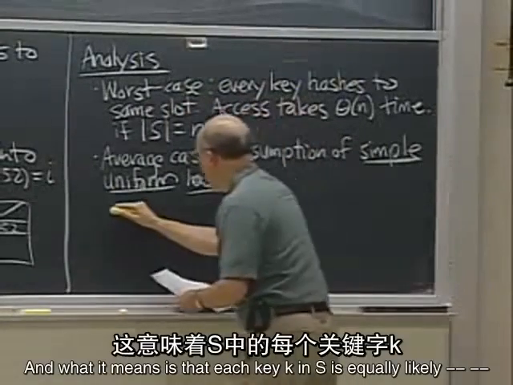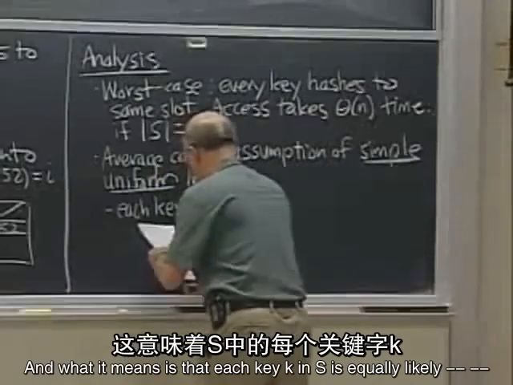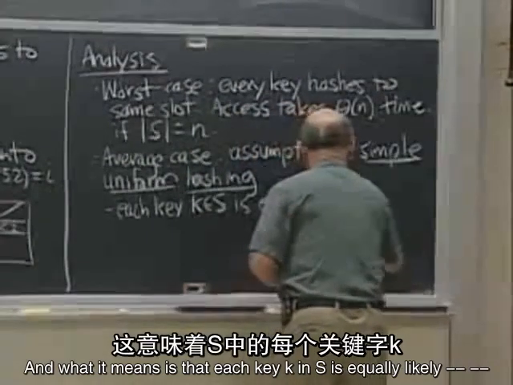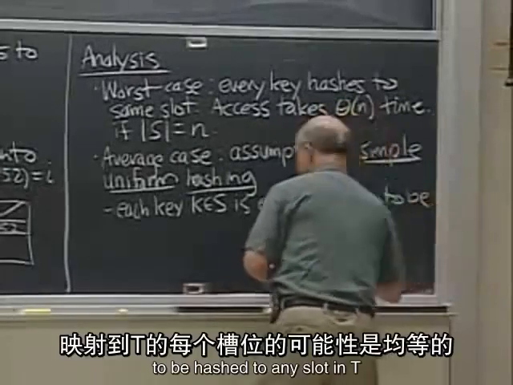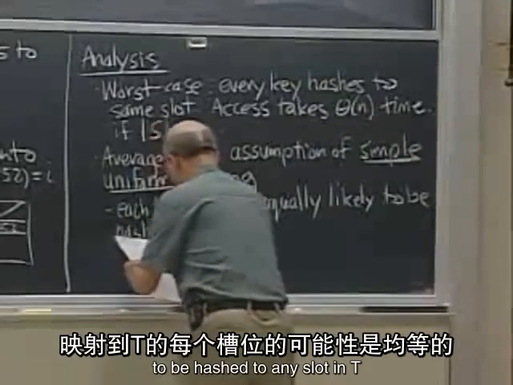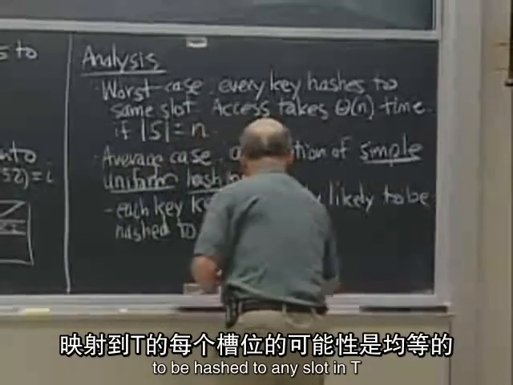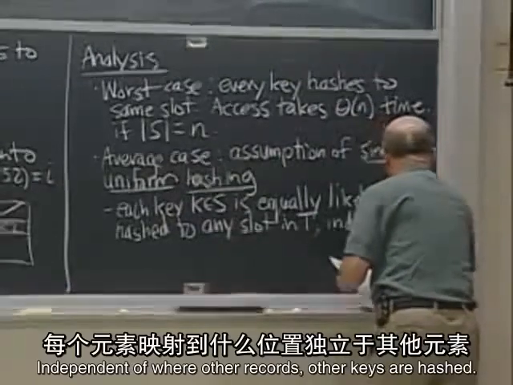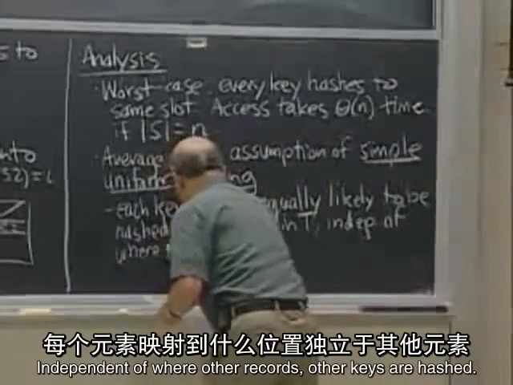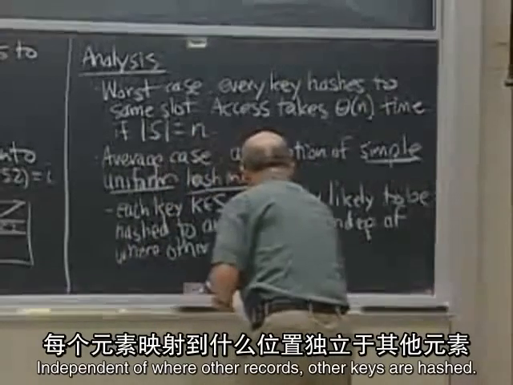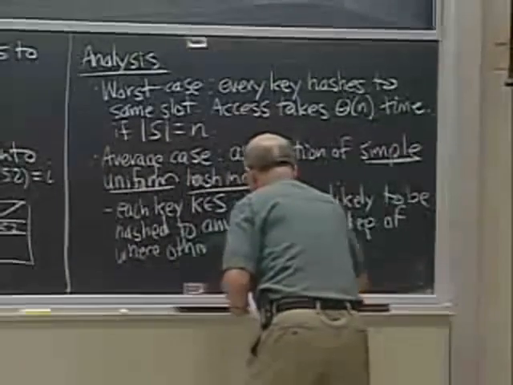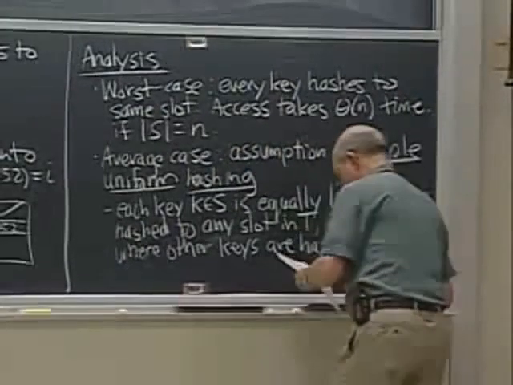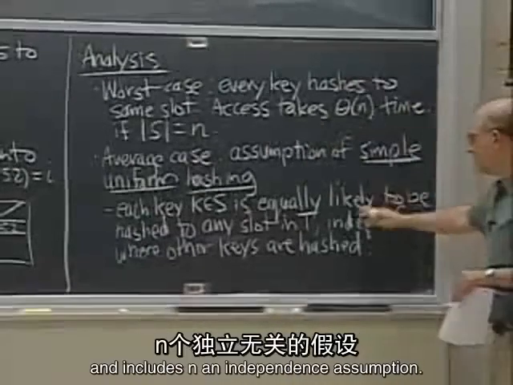And what it means is that each key k in S is equally likely to be hashed to any slot in T, and we actually have to make an independence assumption, independent of where other records, other keys, are hashed. So we're going to make this assumption,